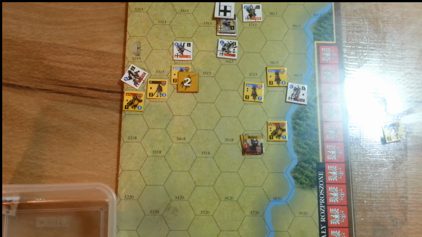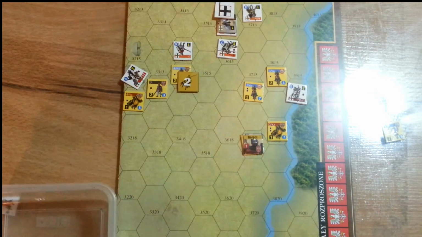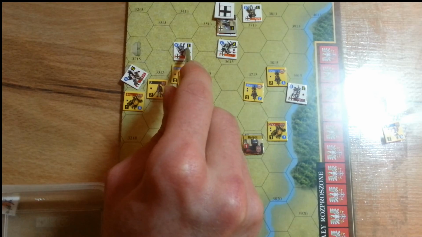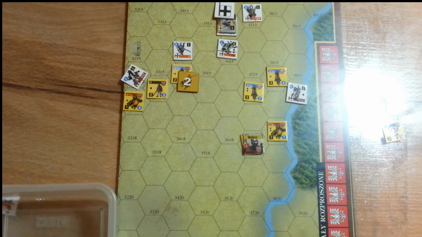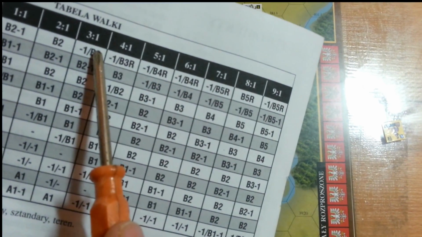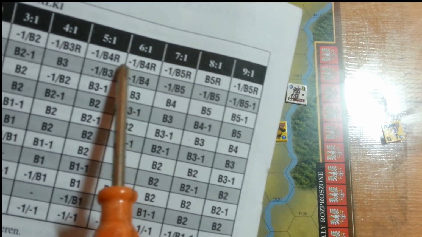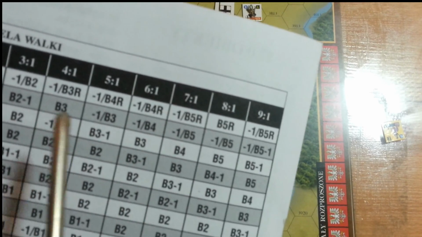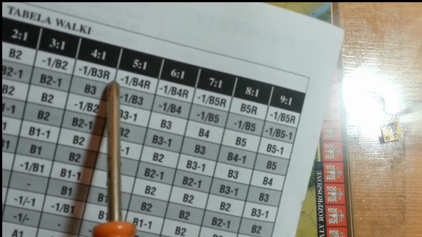What else should I say? Here we have Polish cavalry attacking German infantry. Or maybe I want one more combat to show you everything. So it has 2 strength. Germans have 1 strength, so it is 2 to 1. Polish unit has armor factor 1, so we have 1 combat shift from 2-1 to 3-1, and because of charge factor 2, we move from 3 to 5-1. And now let's assume I rolled snake eyes, 1 on each of these dice. So we have result -1 B3 air. This means